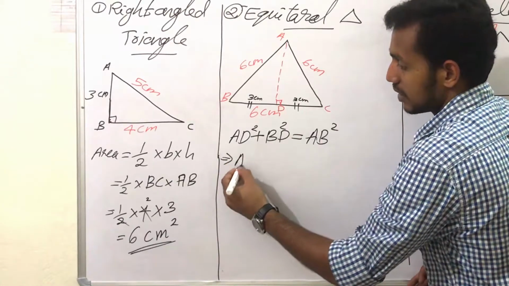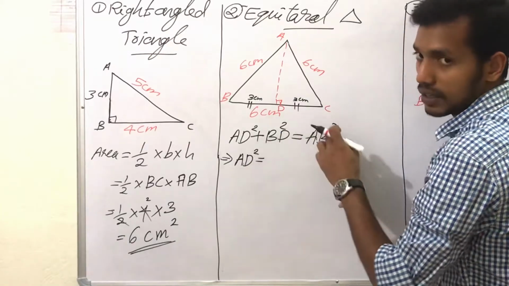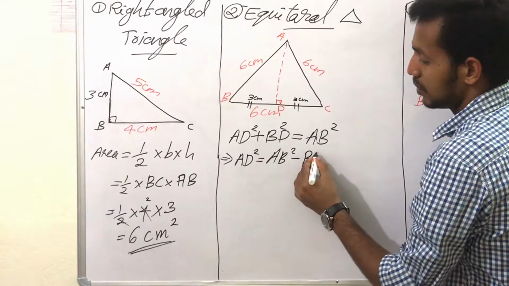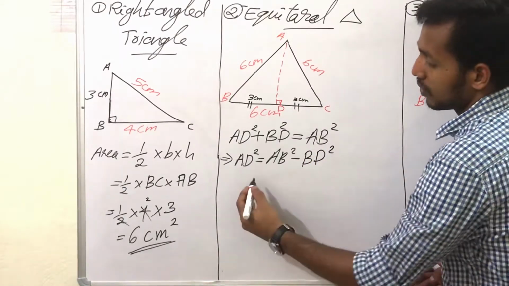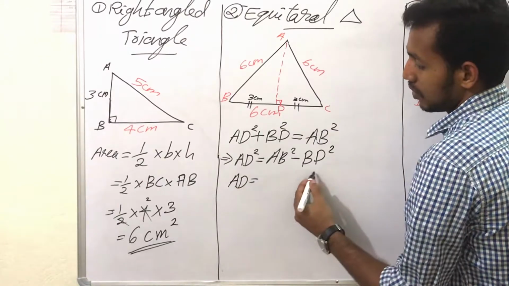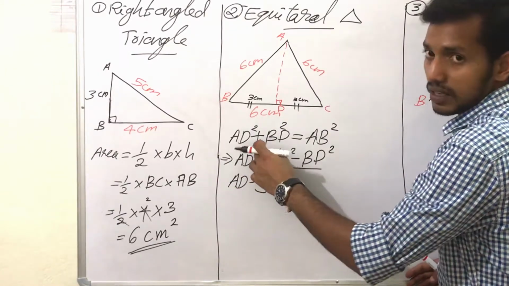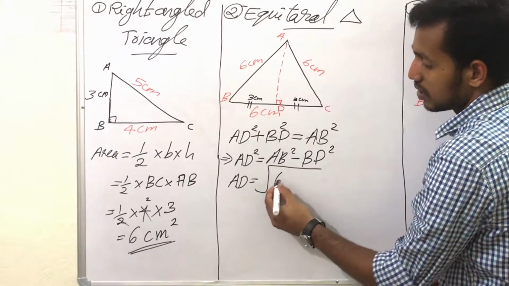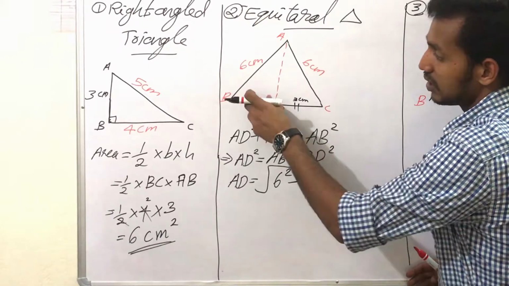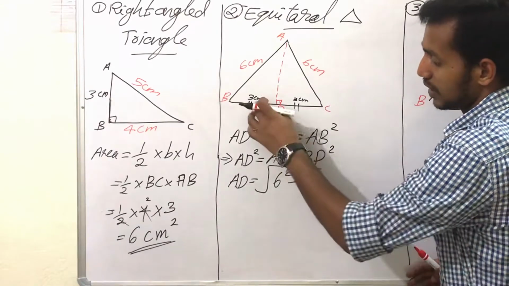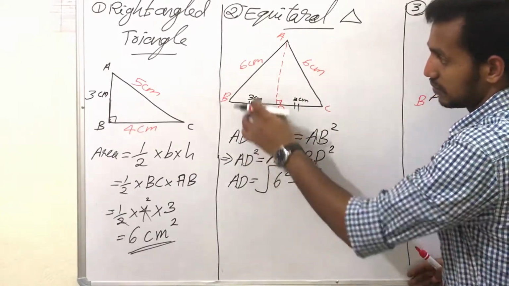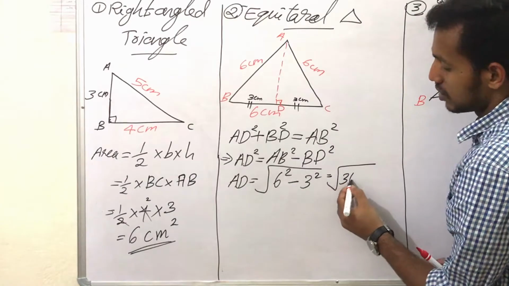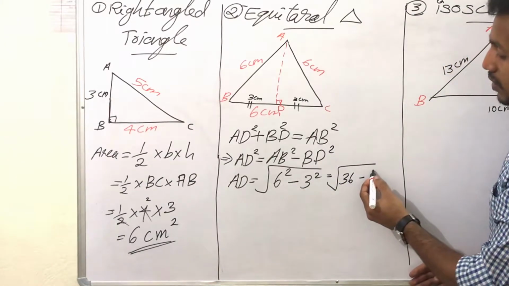So that implies AD square is equal to AB square minus BD square. Then AD is equal to square root of, because here square is there, we are taking square root on both sides. So AD is equal to, what is AB square? AB square is 6 square minus what is BD square? 3 square. As BD is 3 and AB is 6. Now it is equal to 6 square is 36 minus 3 square is 9,